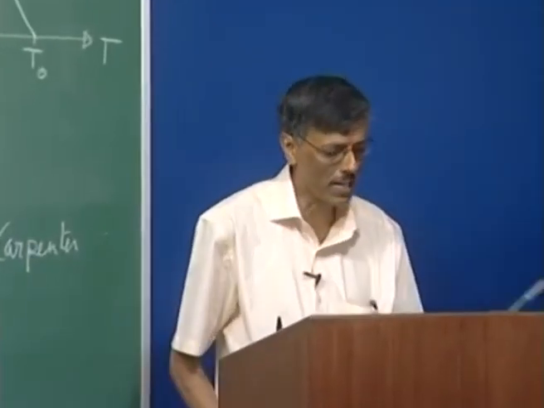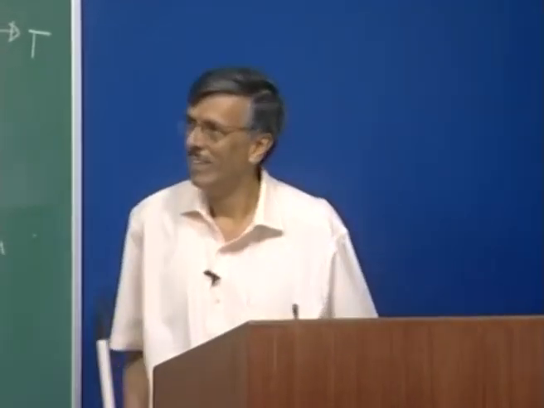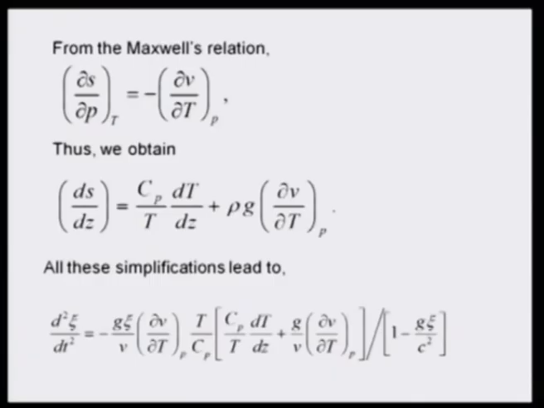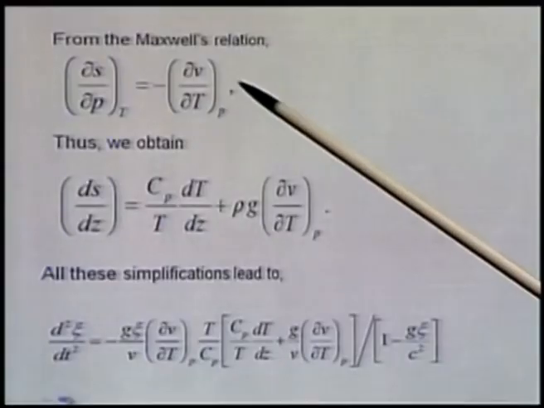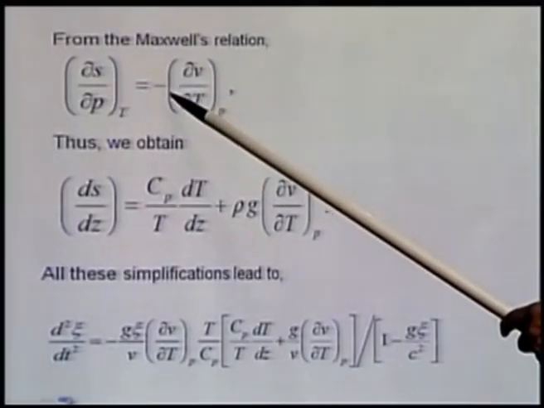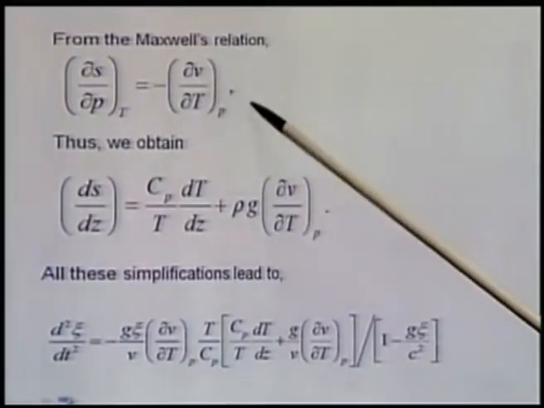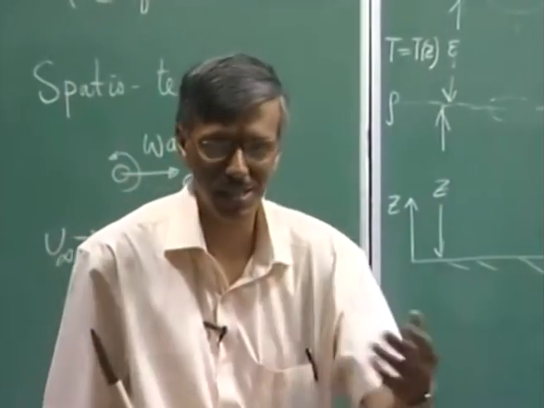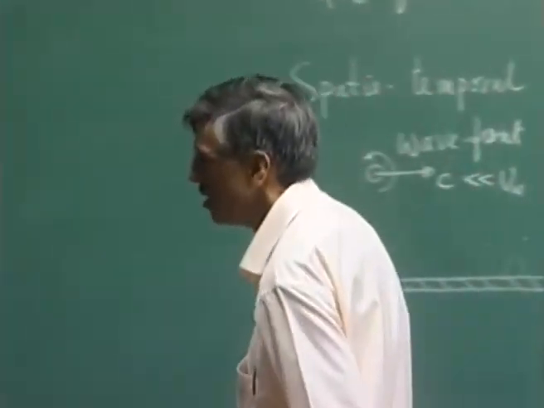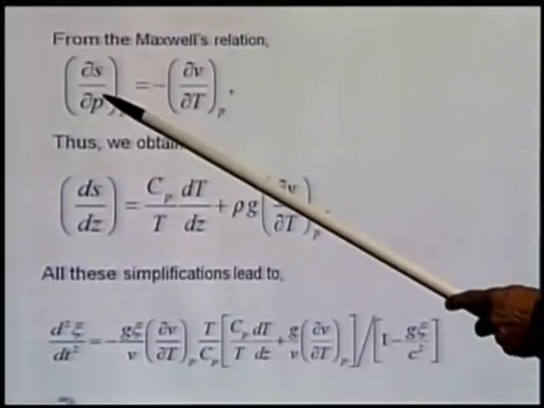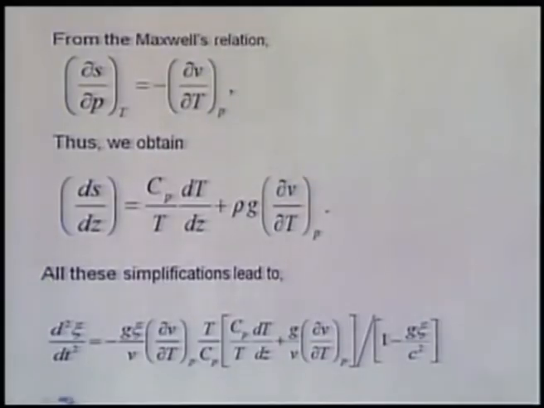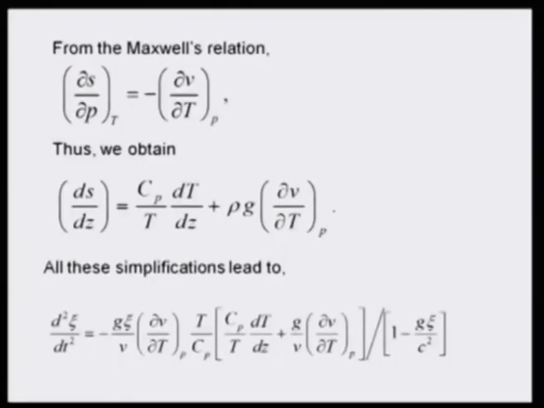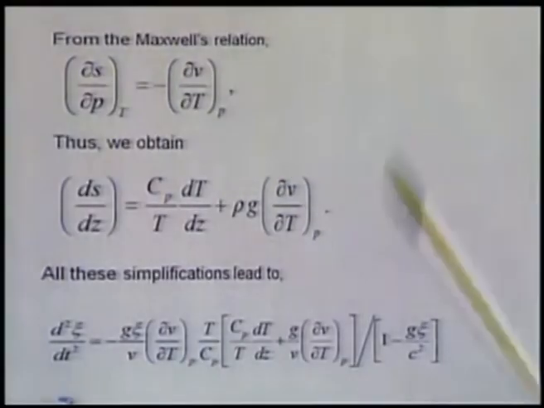We are just simply manipulating, and we can also use Maxwell's relation, right. One of the Maxwell relations tells you that ∂S/∂P at constant temperature should be equal to minus ∂V/∂T at constant pressure. This is something which we can do in the lab. I can go to the lab, measure the pressure, the temperature, and the density. So this quantity is knowable, while the other is something you cannot measure in a lab experiment. In fact, Maxwell's relation gives you a tool to find this quantity in terms of quantities that can be measured.